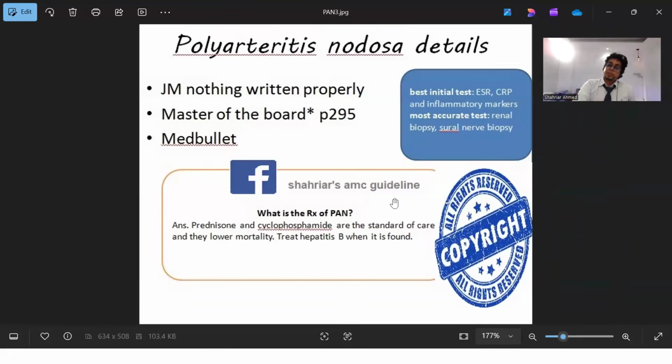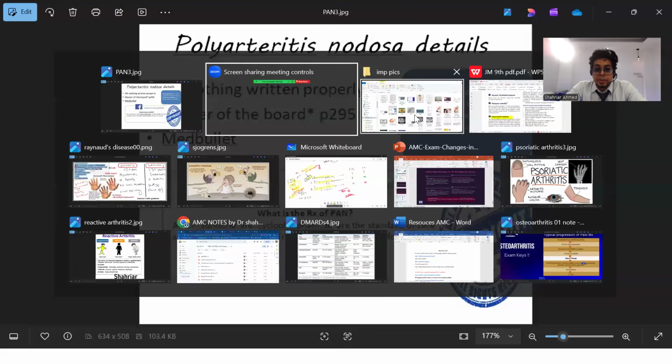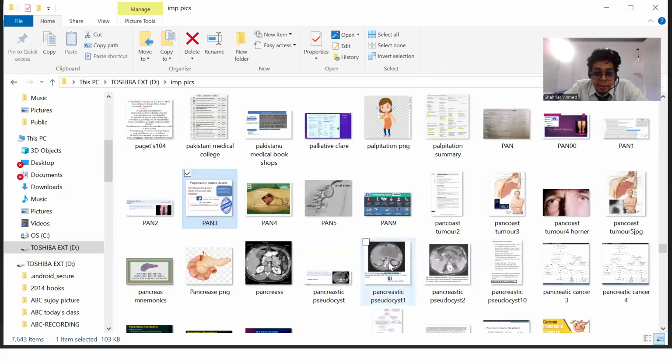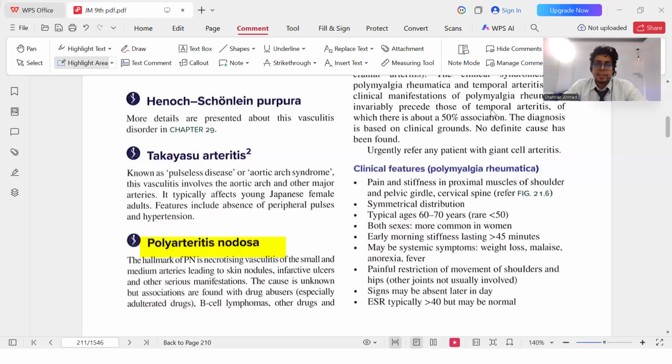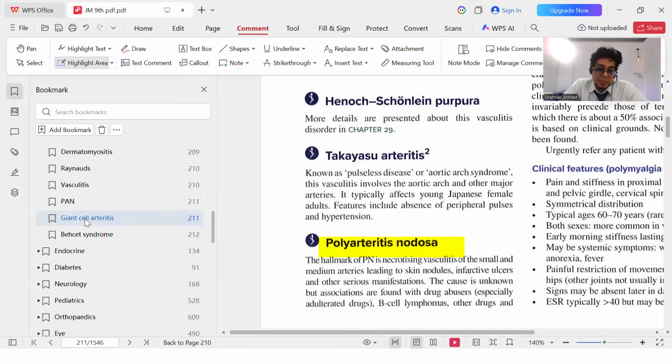If the note is also given in the SMA note section, you can also check. My dear doctors, is it clear about polyarteritis nodosa? I believe so. Yes. All right. It's more of a nice-to-know topic, unlike rheumatoid arthritis, where some of the big arthritis keep coming. So these are more like innocent, nice-to-know topics.